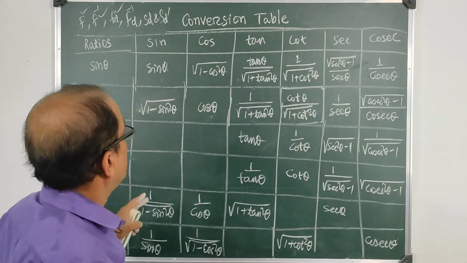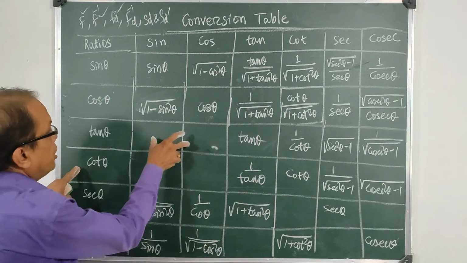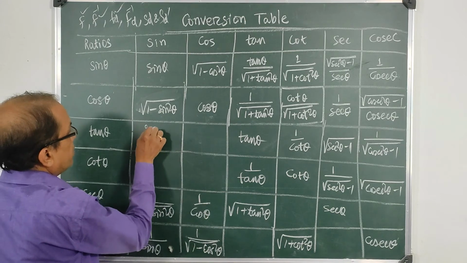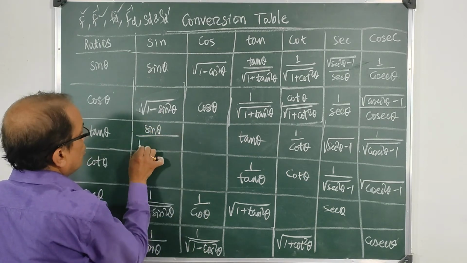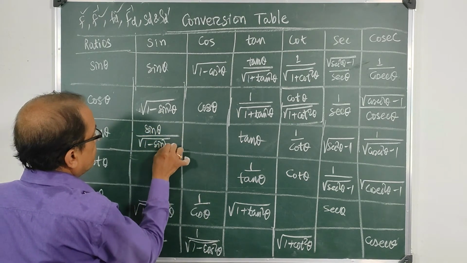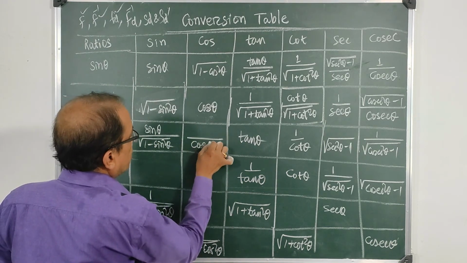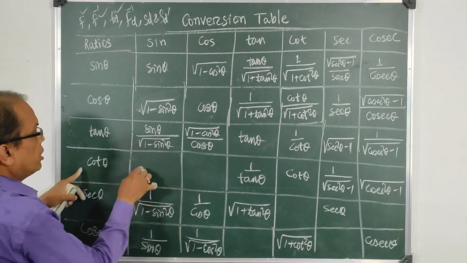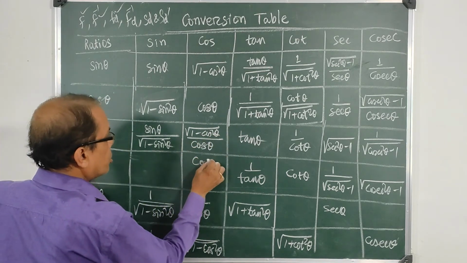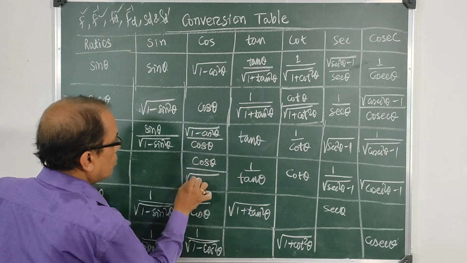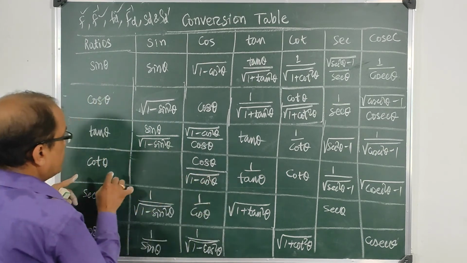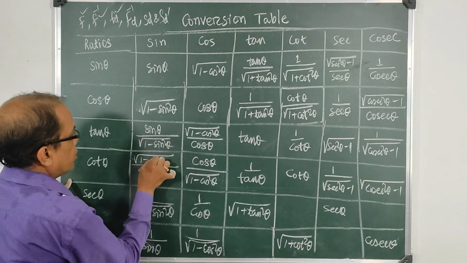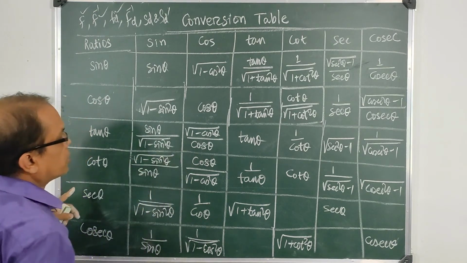Next comes the SD for tan and cot. Clearly the sin and cos sections are left, so this will be sin theta by cos theta, so sin theta upon root over 1 minus sin square theta, or keep cos theta here, root over 1 minus cos square theta by cos theta. Similarly here cot theta will be cos theta by sin theta, so cos theta by sin theta will be changing to root over 1 minus cos square theta, and keep sin theta here, change this to root over 1 minus sin square theta.